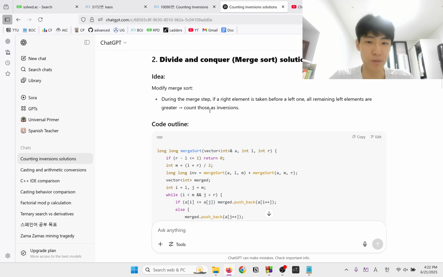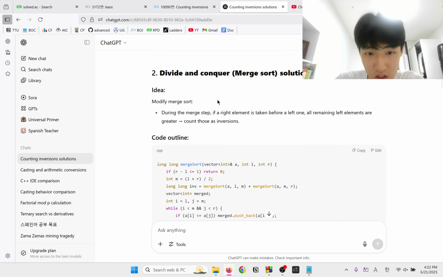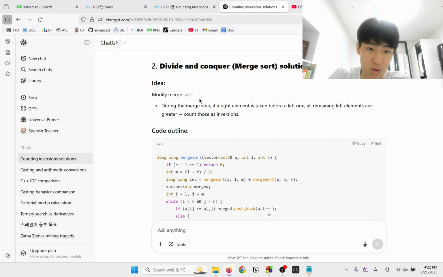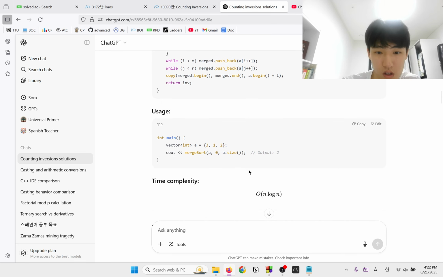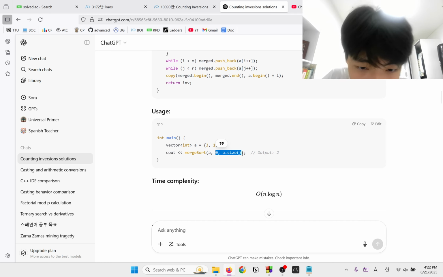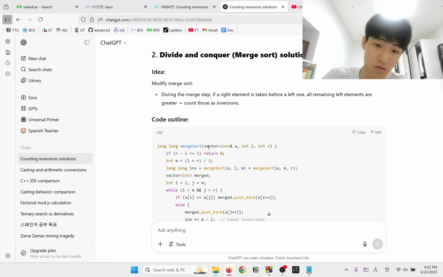Going back to the problem though, merge sort. Okay, we do know what merge sort is, but we need to modify that a bit. How would we do that? We can do a single function call. That's the left and right, and this is the vector itself.